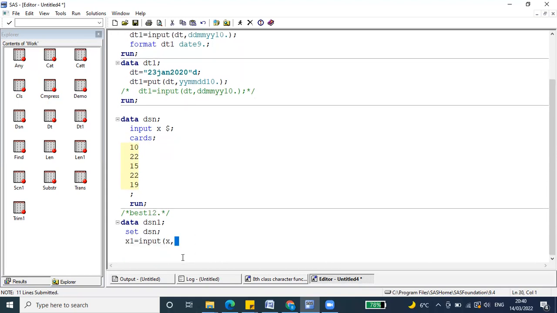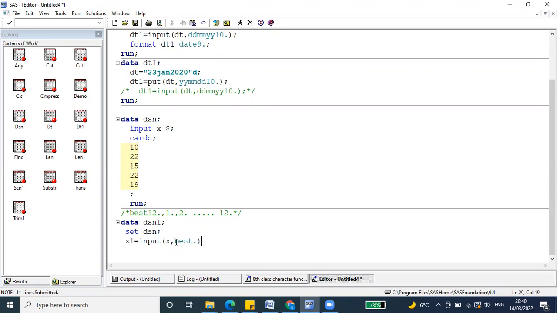You can also declare 1 dot as a format, 2 dot as a format, and so on, even up to 12 dot. Here, instead of best, you can declare best dot. Automatically, it will